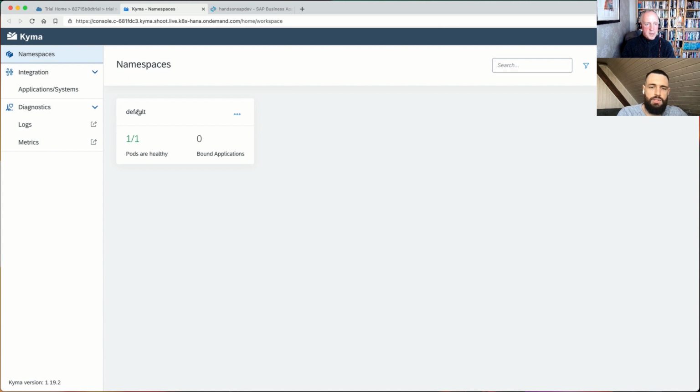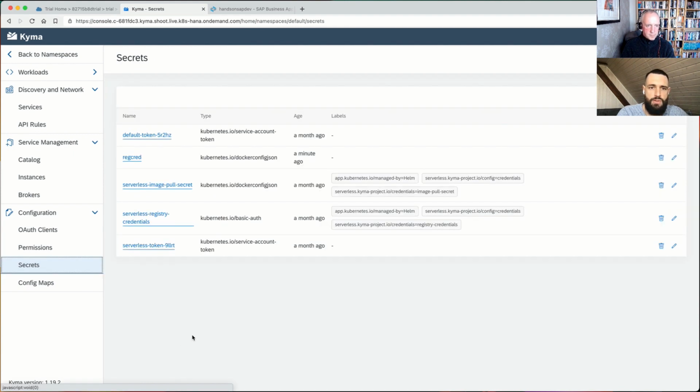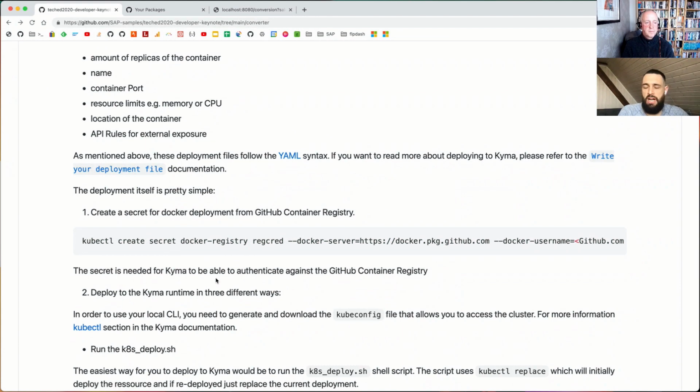And so we're looking in the default namespace, I assume, yes? Right. And then down there under configuration, you see secrets. Beautiful. And then you should see that there it is. There we go. A minute ago, reg cred. Beautiful. Cool. And with that secret, Kyma can pull the Docker image from your repository and actually deploy